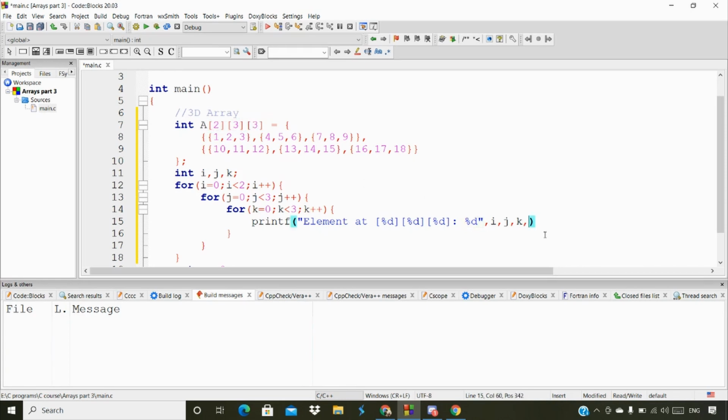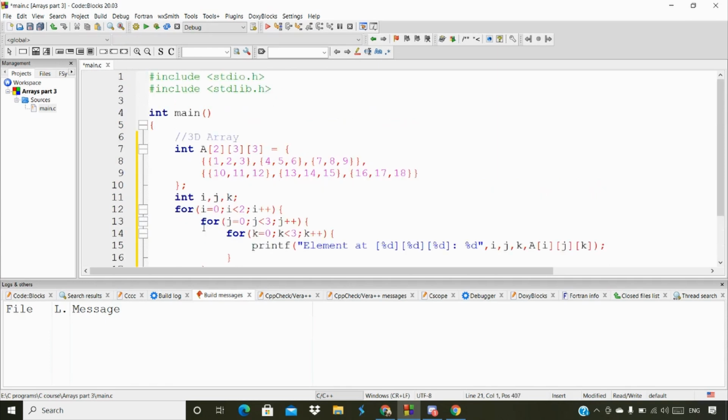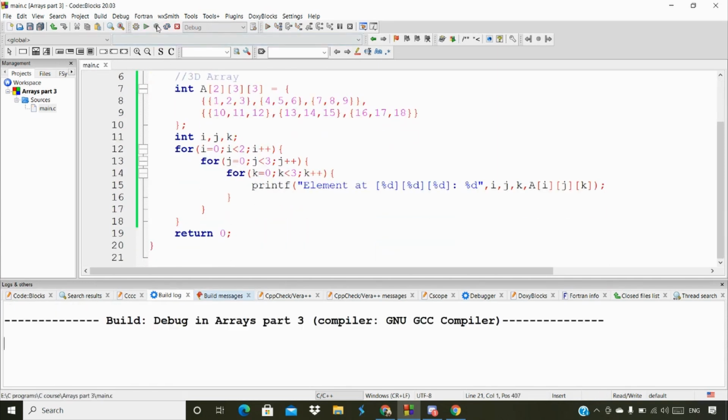So I'm going to mention the array as well here: array of ijk. I'm also printing the data from that particular array. And we have this return 0 as well here. Now I'm going to print this particular data.